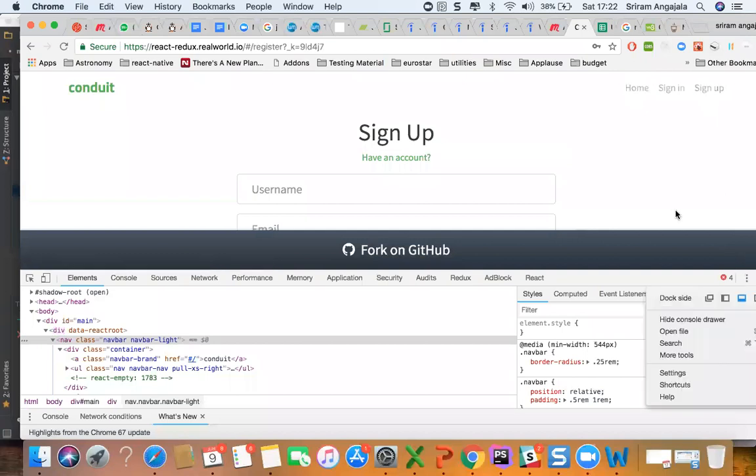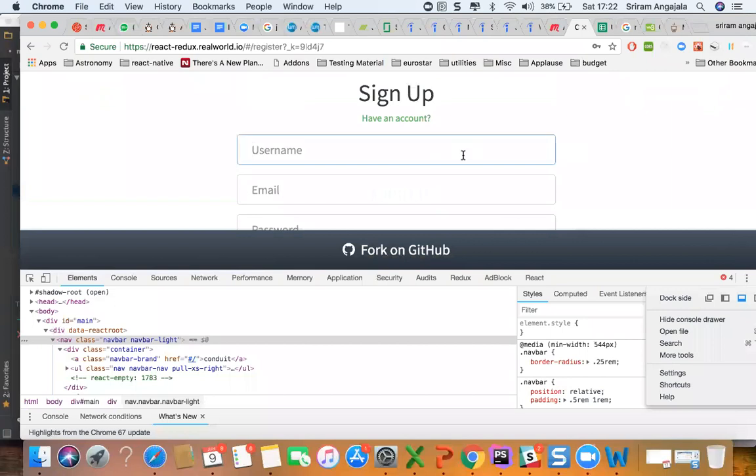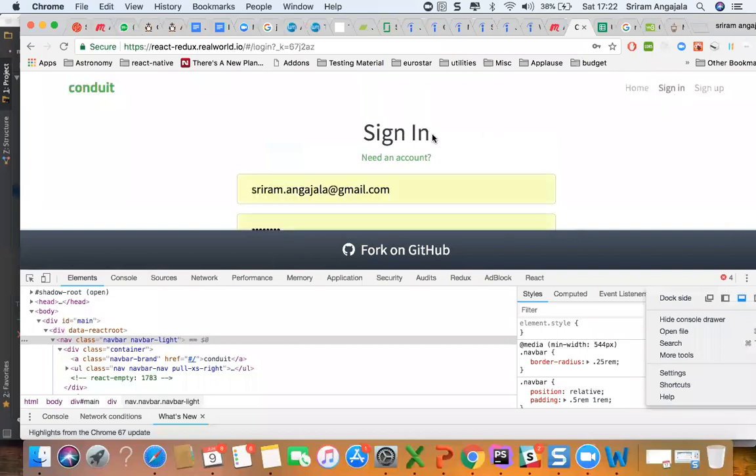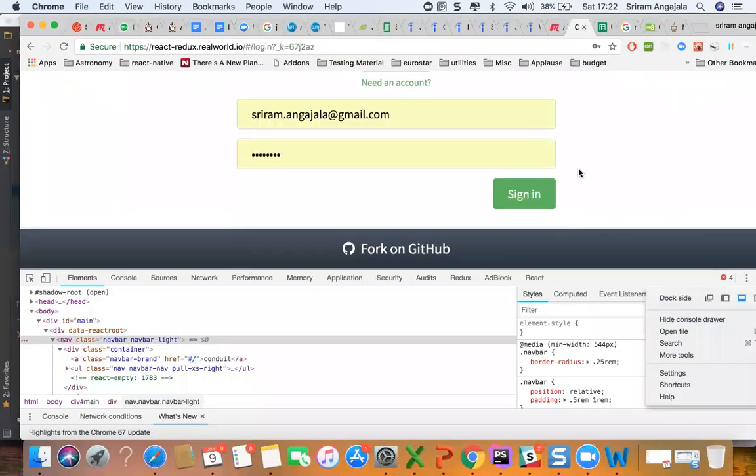Okay, so you got three important pieces of information. You can actually go to sign in also. We already clicked on login, so I will make sure